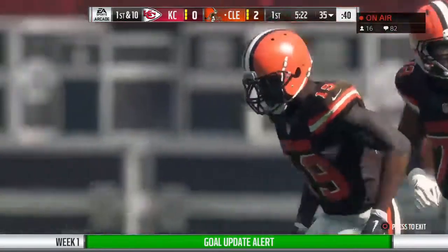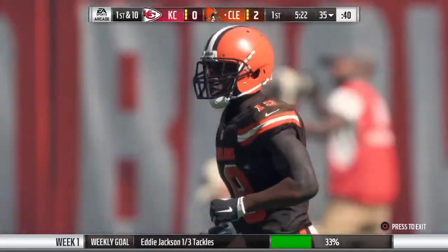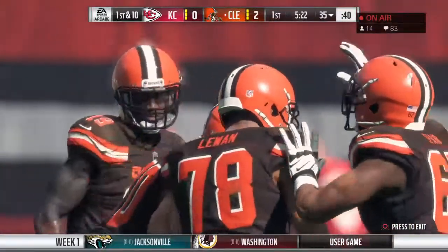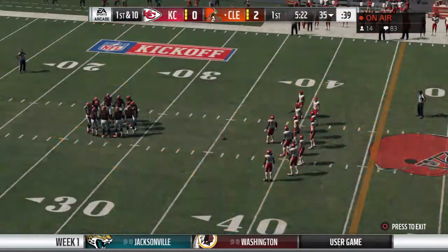Heading out as the Cleveland offense now as they get set to take over here. They've got the lead. Last time had to punt it, though. What's the key to this drive? I think it's leverage. Leverage. Big guys up front. You know the